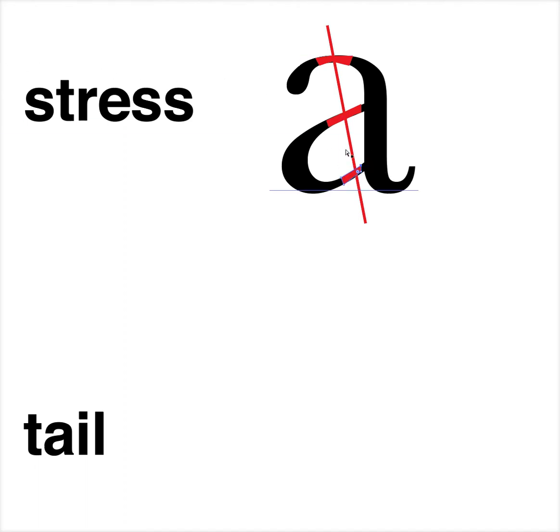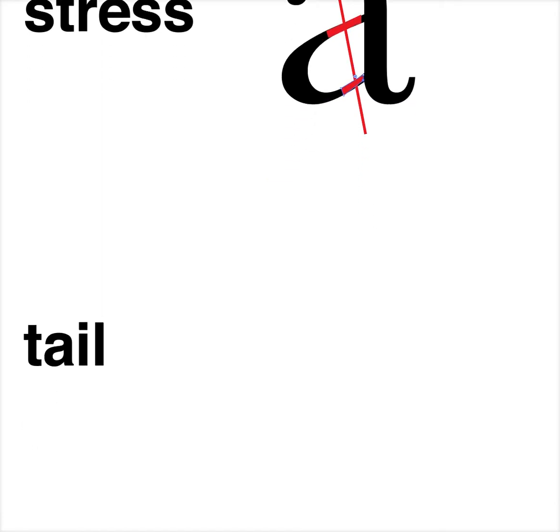The angle may be different. It may be very vertical. It may be very angular. It really does depend, but there is the stress, and you can see those are consistently the same thickness,